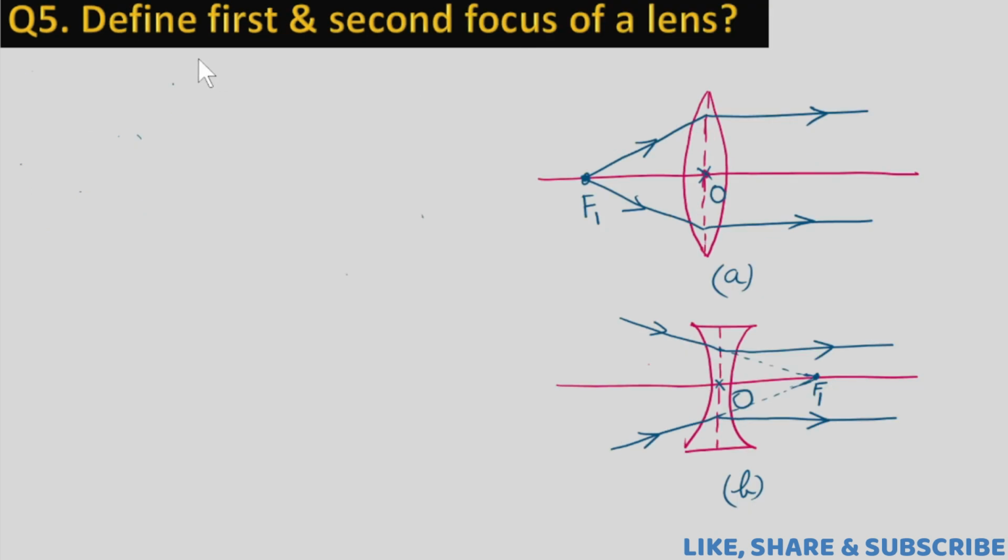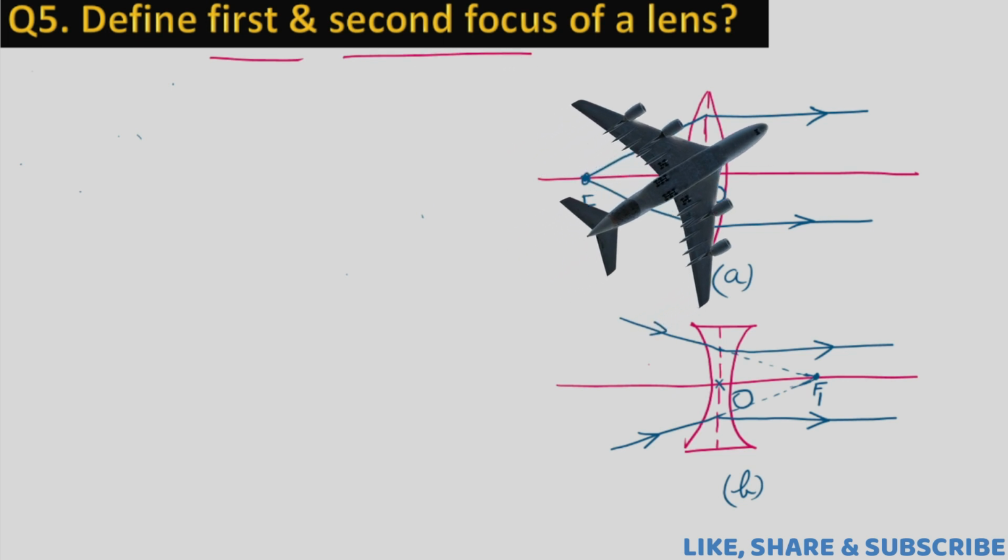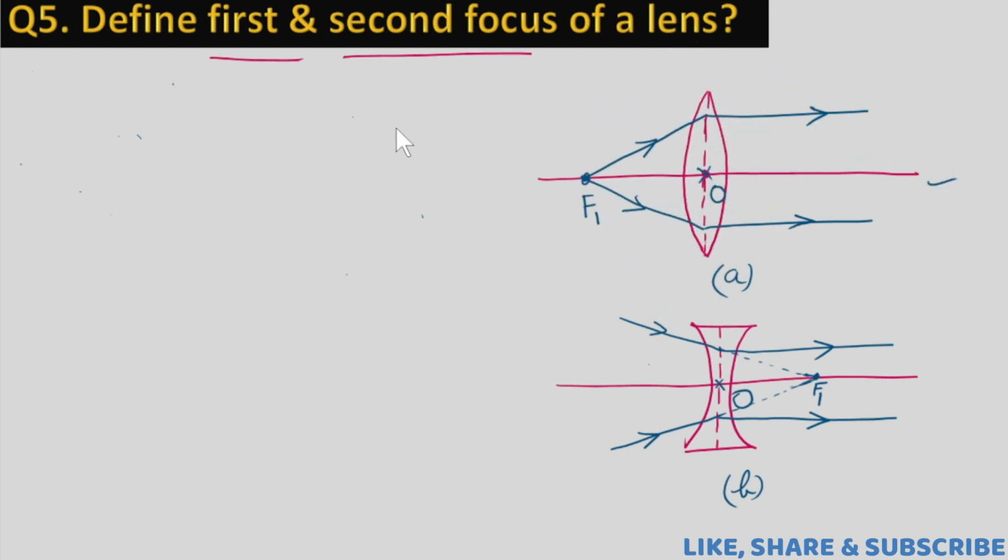Now the question is, define first and second focus of a lens. Let us try to answer this question carefully one by one, corresponding to figure number 1. So it is the point on the principal axis from where rays emerge and after refraction become parallel. So answer: